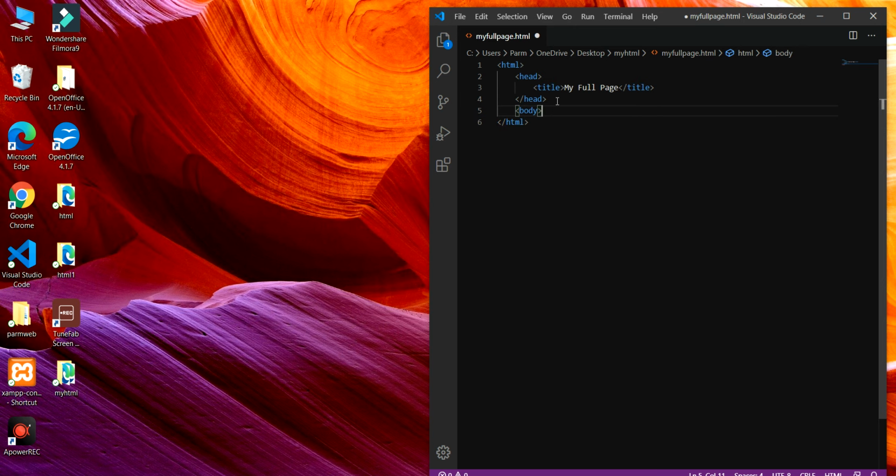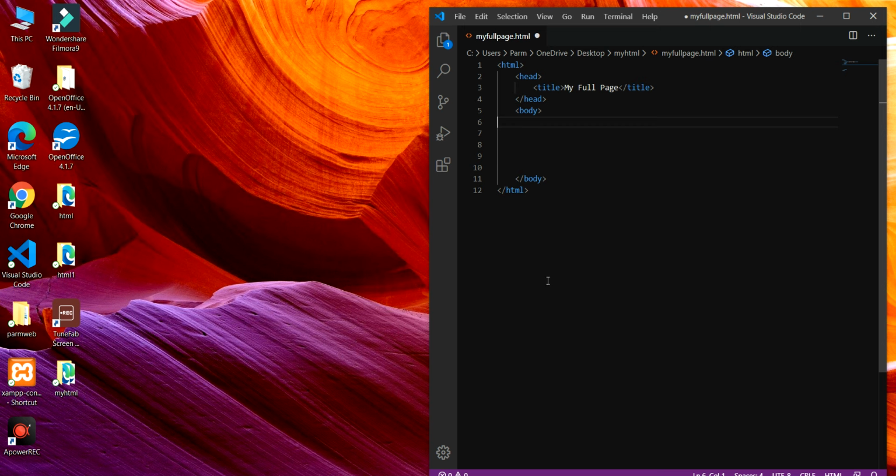element. So for that I have to use the body element. So my text editor automatically creates the closing tag. Whenever I type a starting tag, the HTML editor automatically creates the closing tag for me. So here I have to type the contents that I would like to display in the browser's main area.